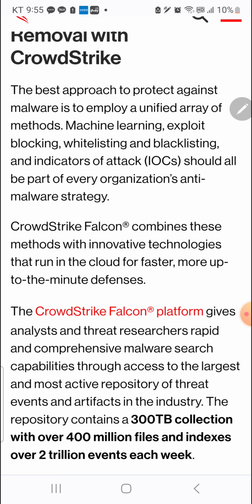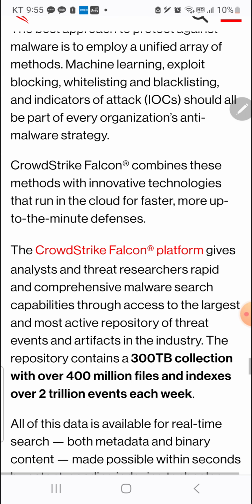CrowdStrike Falcon combines these methods with innovative technologies that run in the cloud for faster, more up-to-the-minute defenses.